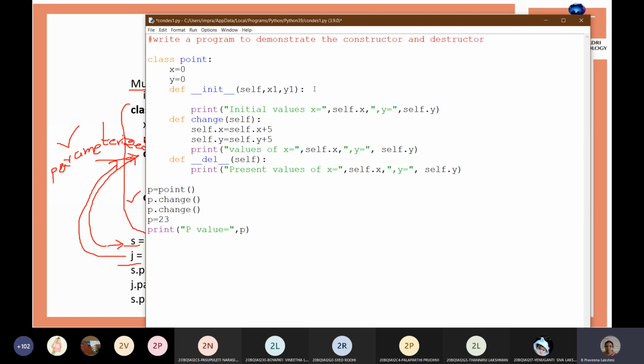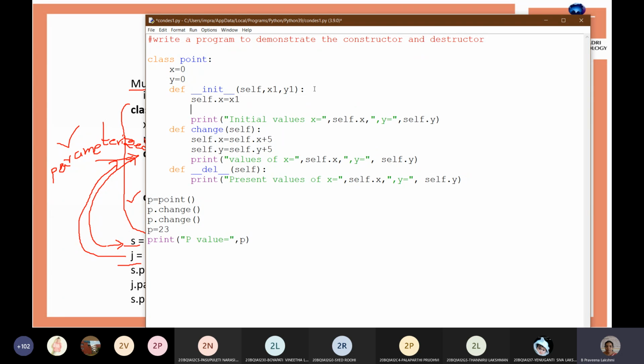So here I want to assign self.x equals x1. I am sending some value to the constructor and that is assigned to the x variable, and self.y equals y1, which assigns the y1 value to y and the x1 value to x.